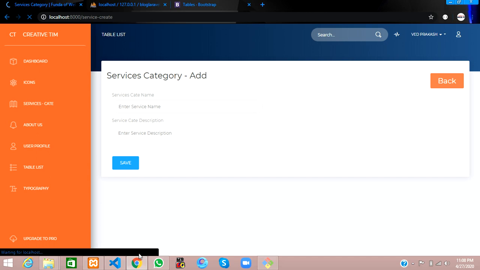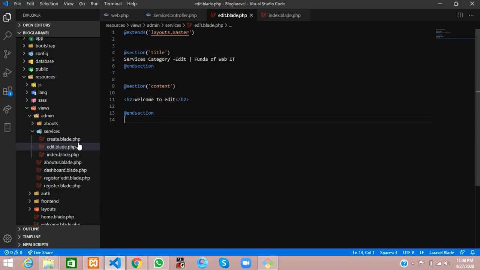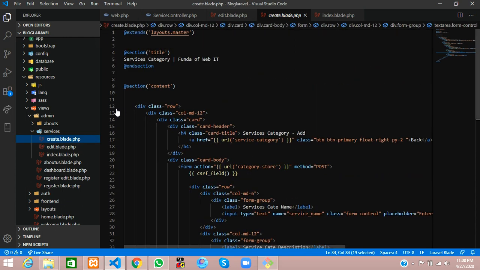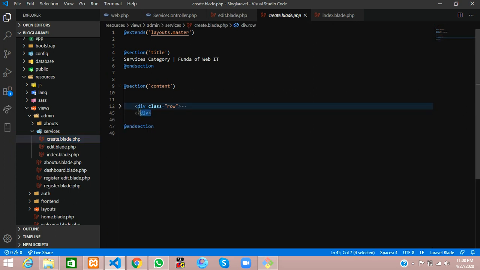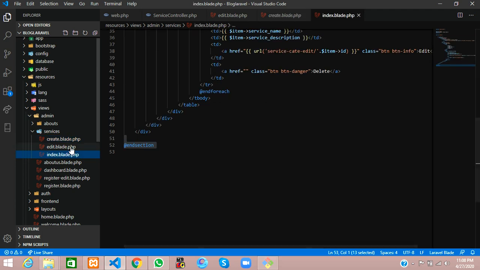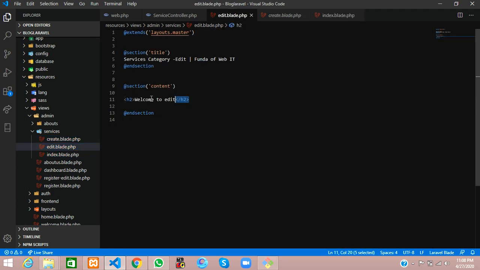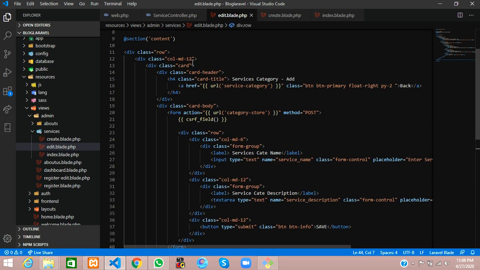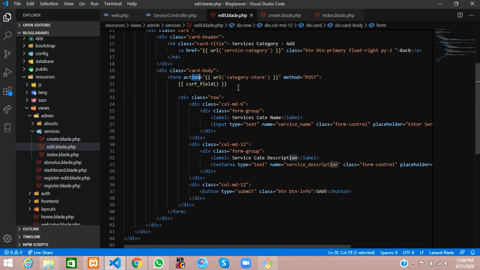So guys, let's get back and copy that form. That is inside the create one. So this is the create form, simple. Just copy it and go to your edit file and paste it. Simple form, it is nothing much. This is a column, and this is a card header. Inside card header you go to card body, then inside the body you are going to save all the things. Over here you are going to change the things like category.